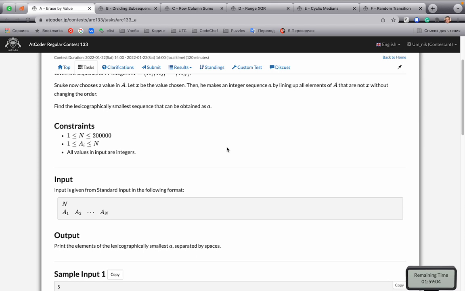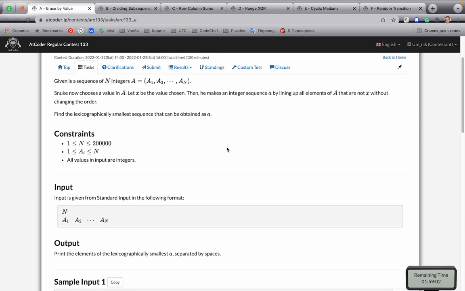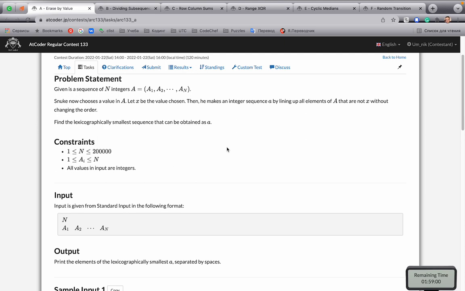When we want something to be lexicographically smallest, it means that we want to minimize the first element, then the second, and third, and so on. How to minimize the first element? Well, what can be the first element? It is either the first element in the initial sequence,